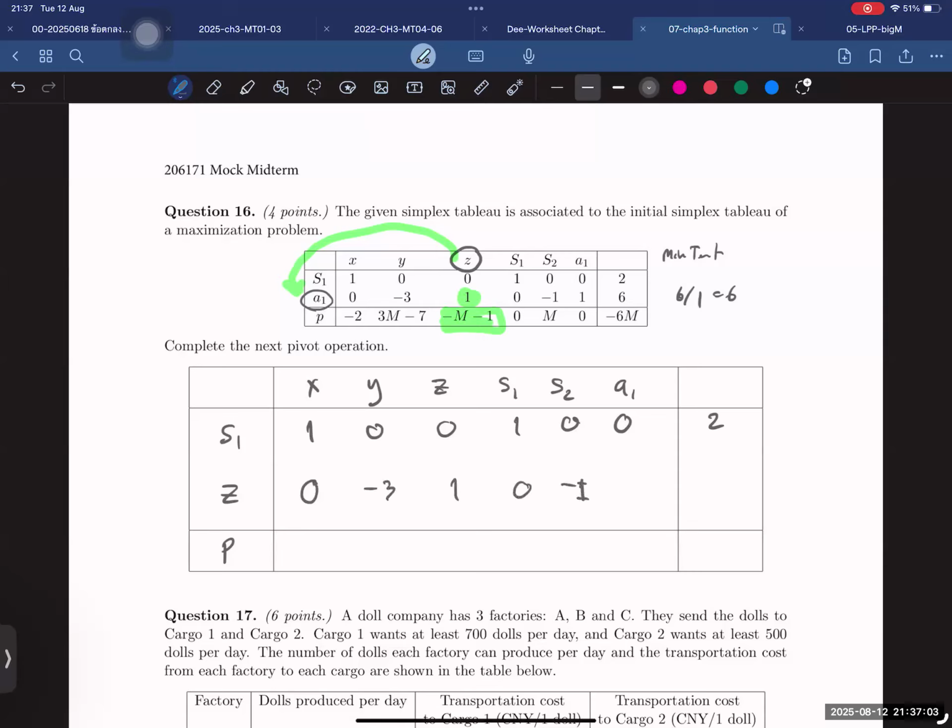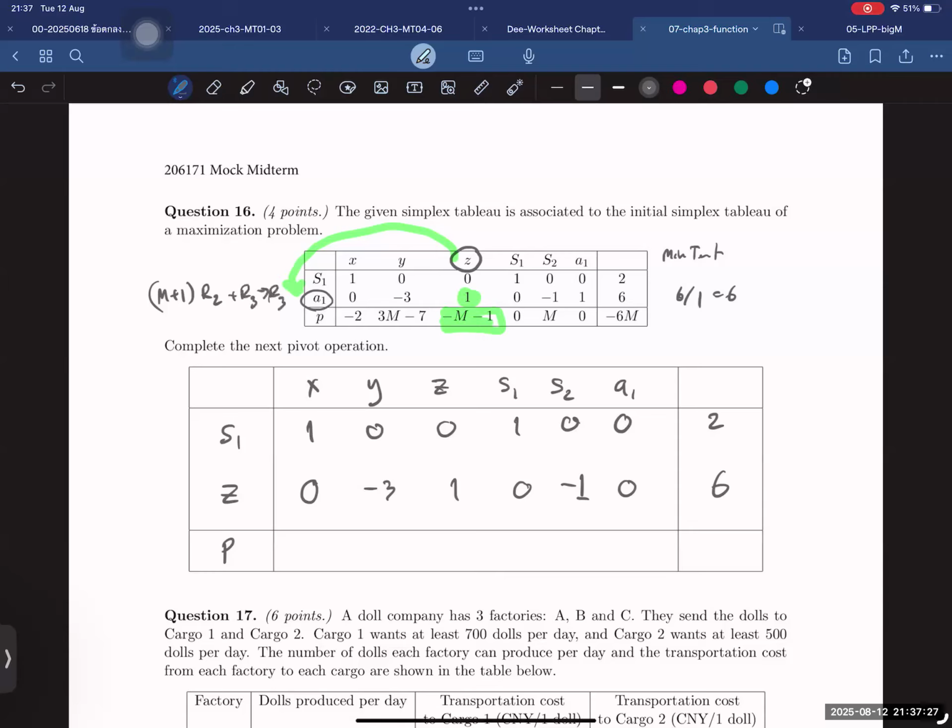But we change the last one. The last thing we need to do is multiply the second row by M plus 1, times row 2, and then combine with row 3 and put it back to row 3. Now, if I multiply M plus 1 by row 2, we're going to get 0, minus 3 times M plus 1,